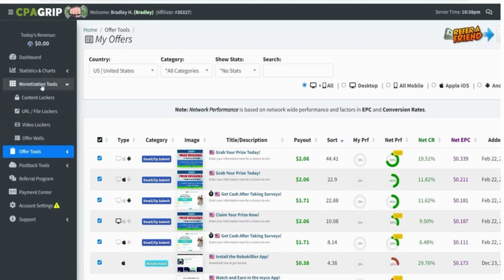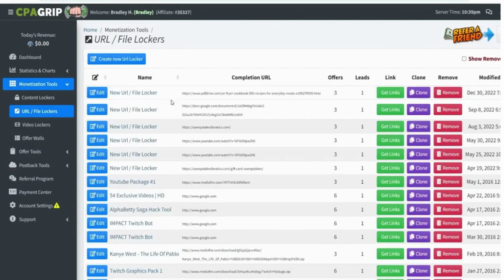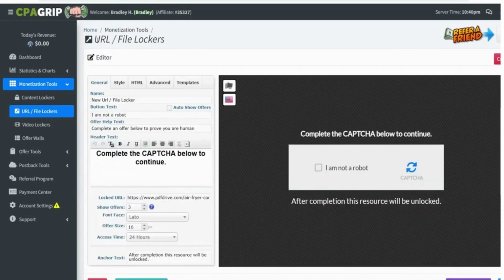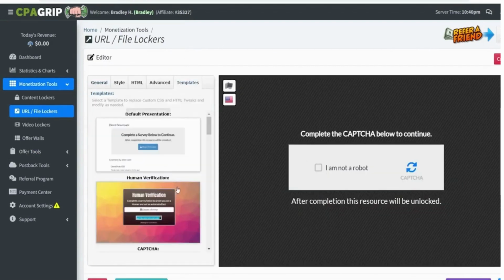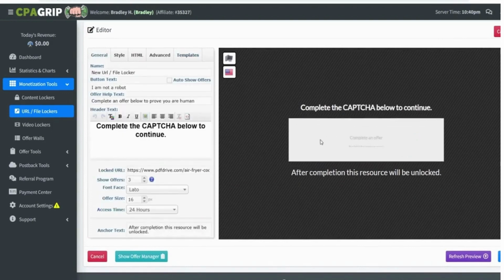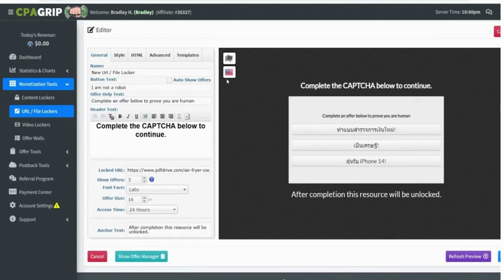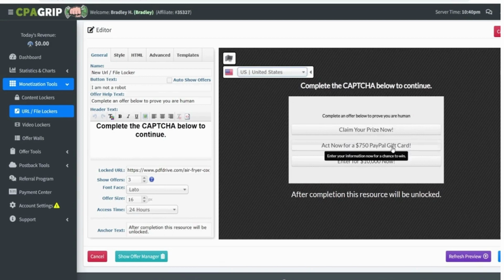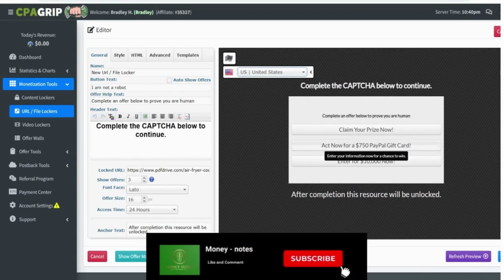You can also go into other monetization tools like content lockers, where you can lock a file. This is great if you have a file you want to lock, and if you want to get people to do surveys before they get to your file. For example, here's a file locker I created, and if you go to templates, you can filter through these and choose different templates. And when someone clicks on I am not a robot, they will then have to do an offer. You can see they can then do one of these offers, and one of these offers happens to be the offer that we were promoting before. When they do one of these offers, we will then get paid, and they'll get redirected to whatever link you